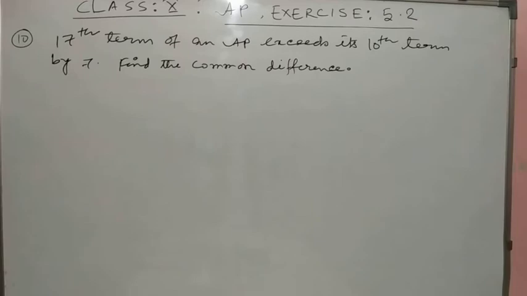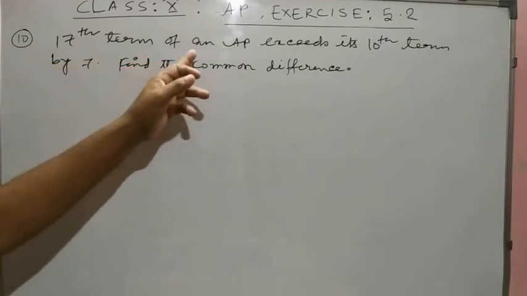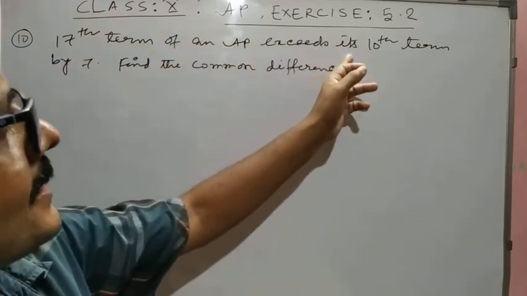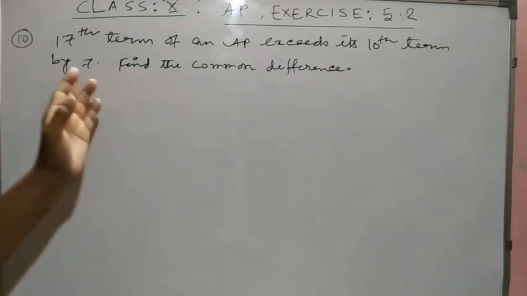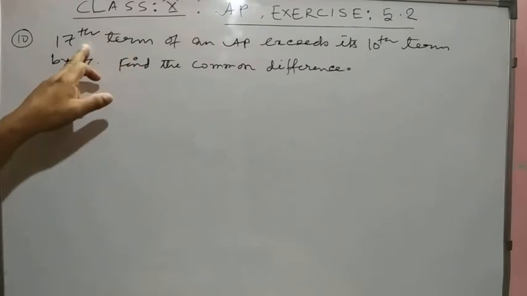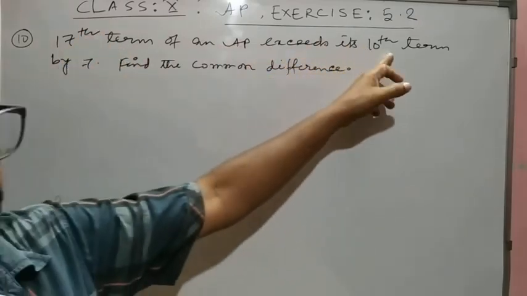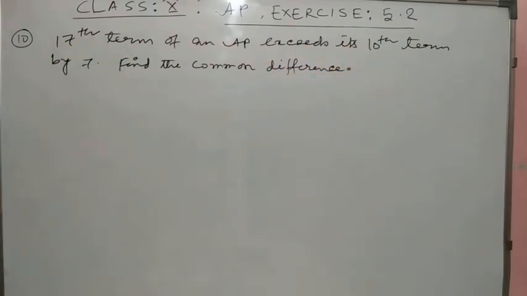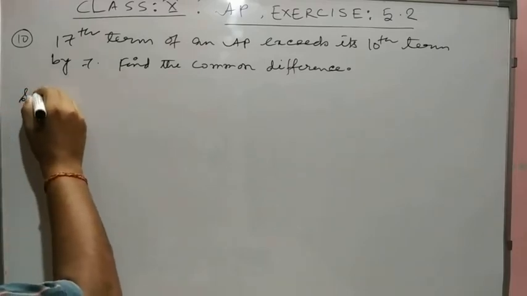Okay, next question we see. The 17th term of an AP exceeds its 10th term by 7. Find the common difference. So here, given the 17th term is more than the 10th term by 7. So see here, solution. Let